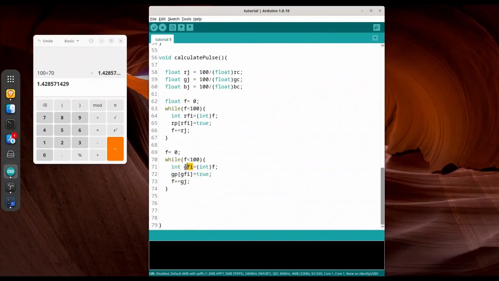So our GFI in the first iteration is going to be 0. So we are going to set the 0 element of green pulses to true. And of course we are going to append green jump to our frequency. So in the second iteration our GFI is going to be 1, because when you turn 1.22 to an integer, we are going to get 1. That means that the first element, meaning the second element, so green pulses with an index of 1, is going to be set